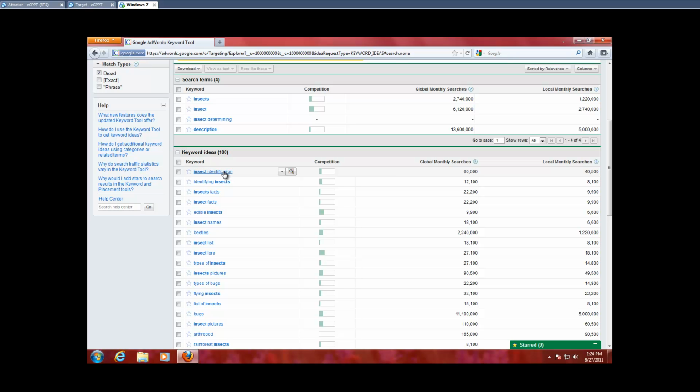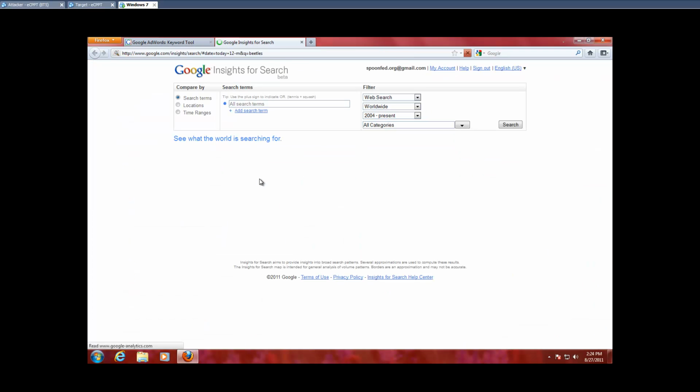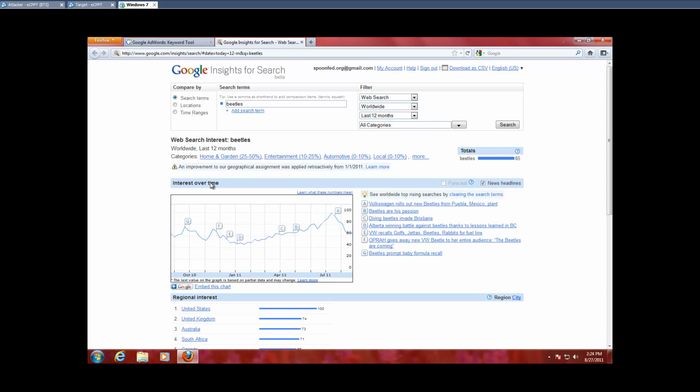So now this one, beetles, is a huge volume search, and it says low competition. Well, that's something, like I said, we determine later on. You know what, I'm gonna take these 3 keywords. Now beetles are,